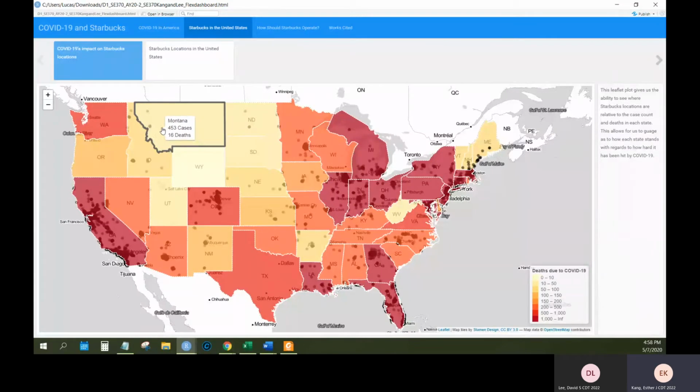because as you can see, the Starbucks locations are not even as dense as in California, New York, and Florida. They're more spread out throughout the state, so they wouldn't be that much of a harm or risk. While states that have deaths between 50 to 1,000 can have a high risk, and in order to be careful or prevent further contamination or spread between people, it would be best to place restrictions on those Starbucks locations.